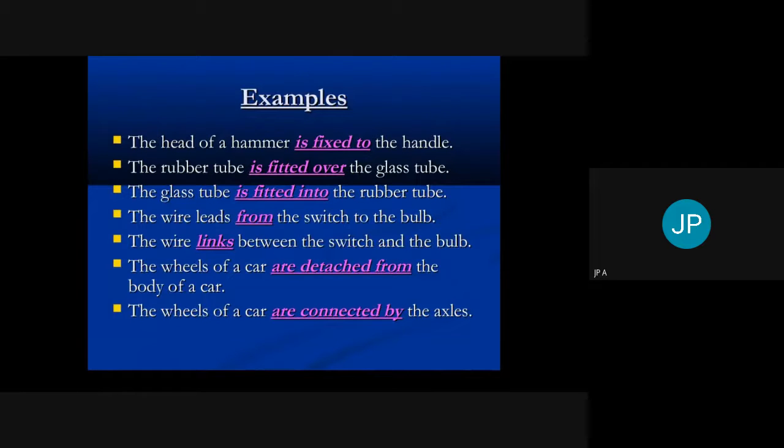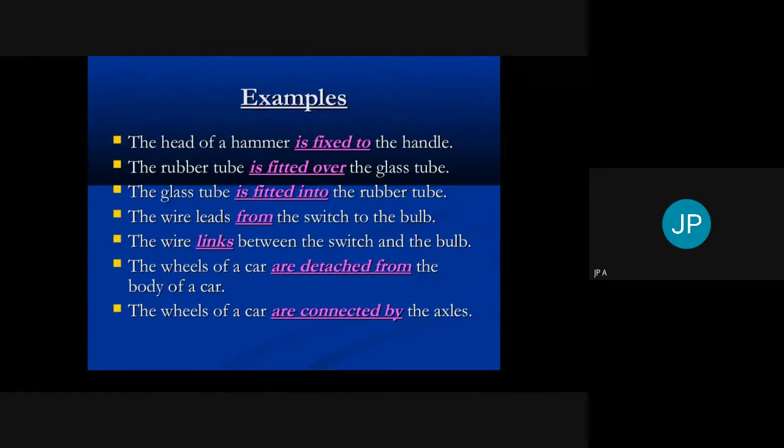But the phrasal verb is different because the preposition is different, one is over and one is into. There are two different meanings. So when the rubber tube is fitted over the glass tube, it means that the rubber tube is outside, the glass tube is inside. So the same meaning is there in the third sentence. The glass tube is fitted into the rubber tube. The meaning is the same,